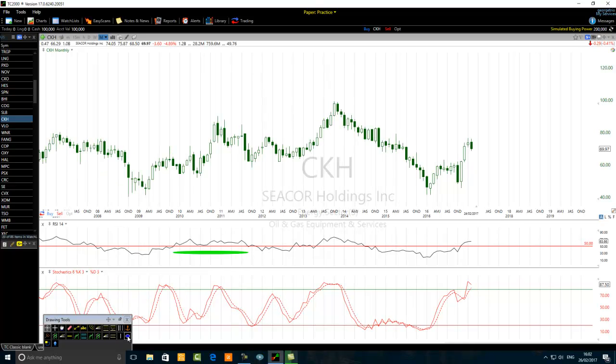And here it is, the stochastic 8-3-3 is now exhibiting a higher low at the time when the price is forming an equal low. Sometimes it may dip a little bit below, but I call it an equal low. So you can see it forming a higher low at the time when the price is forming an equal low